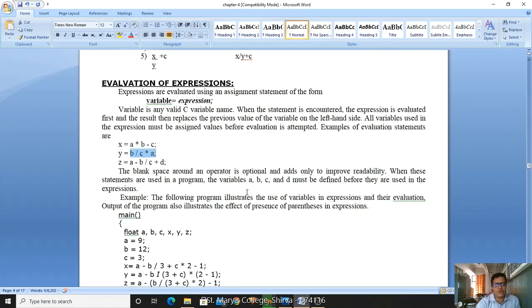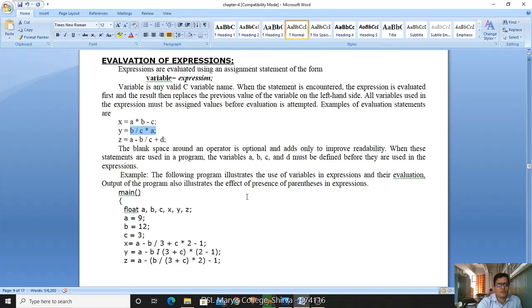This is called associativity. What do you mean by associativity? The evaluation of an expression either from left to right or right to left is called associativity. This associativity depends upon the priority of an operator. Based on the preference of an operator, it will be evaluated.